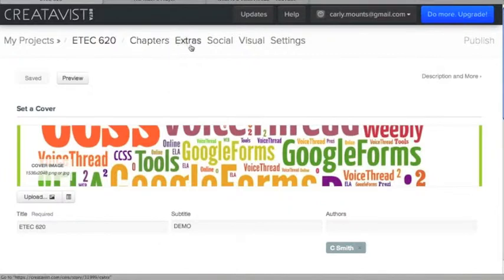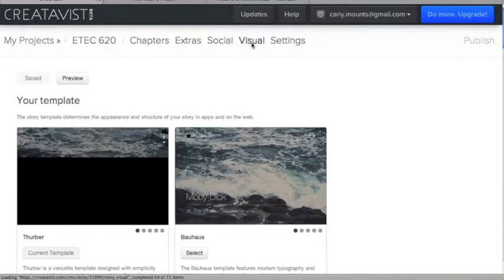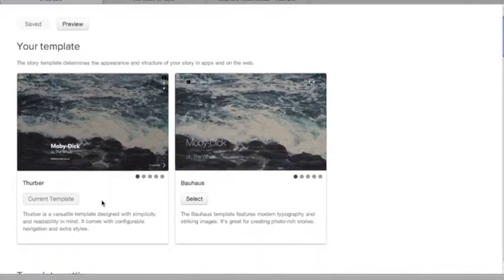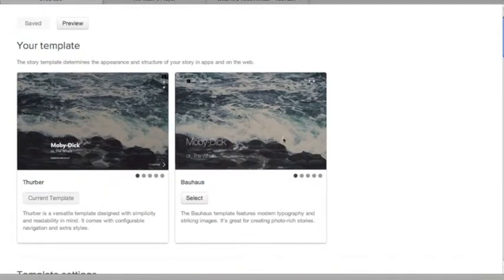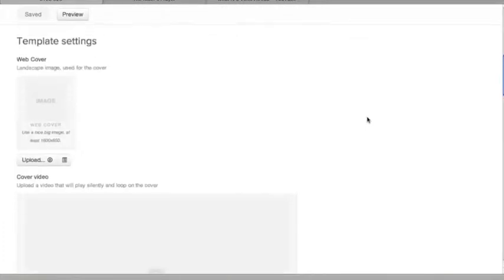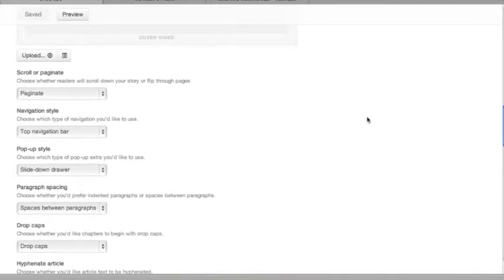I didn't necessarily use all of these options, but one that was very important is this fourth option of visual. This allowed me to change the template that I was already using for my project. So these are the two default templates that Creatavist provides, and currently I'm using this first option, Thurber, but there is this second option. It looks quite similar. What I wanted to show you is that if you scroll down this page a little more, going past the cover, video, and image, this is where some really interesting options can help you just make simple tweaks to the